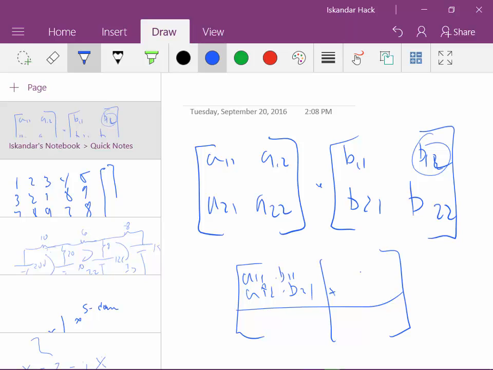So it should be A11 B12 plus A12 times B22. Yep. And up there again,